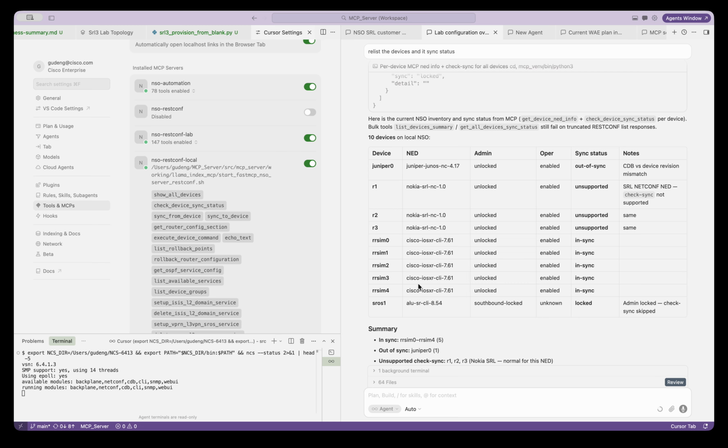So what I did is that R1 and R3 are the reflector clients, and R2 is the reflector, and I modeled the BGP configuration in an NSO service model.